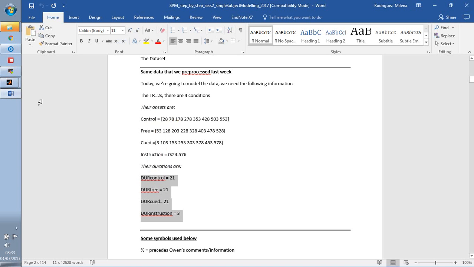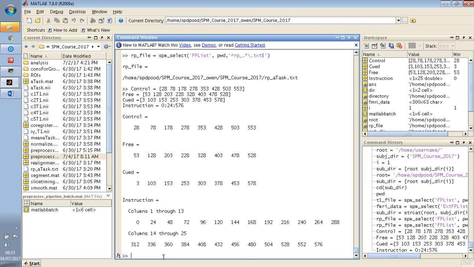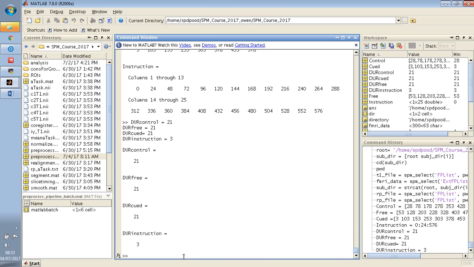This is a slightly inelegant way, but I can show you a slightly more elegant way later on. This will do the job. What we do is save the variable onsets, and inside that we save control, queued, free. These are the variables which have now been created when we pasted them in, and we're saving them inside